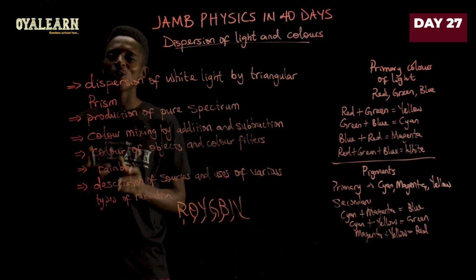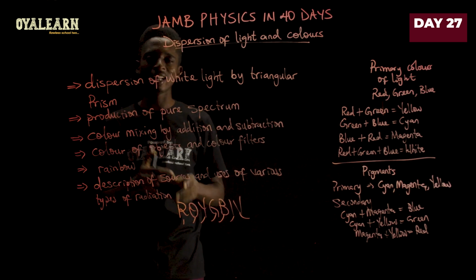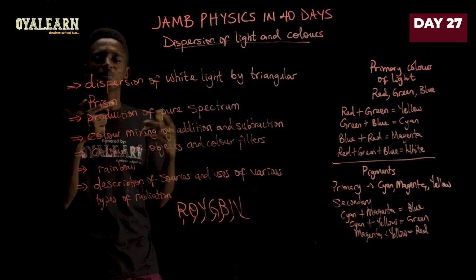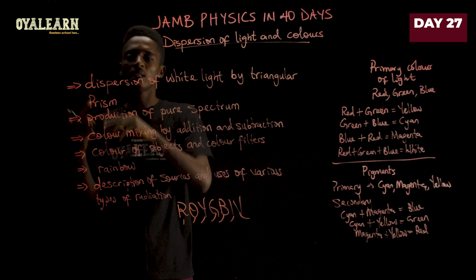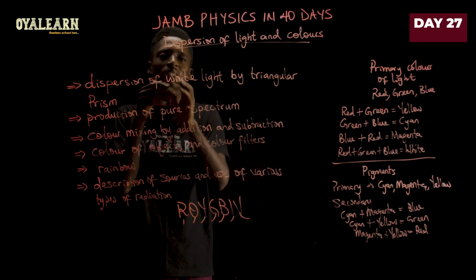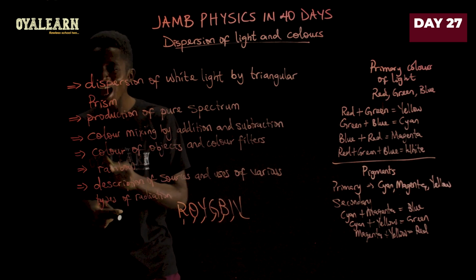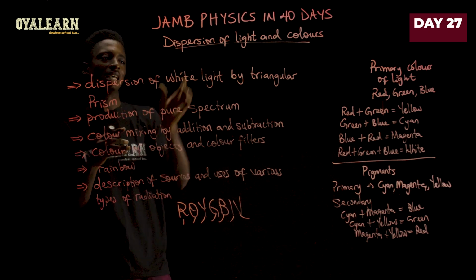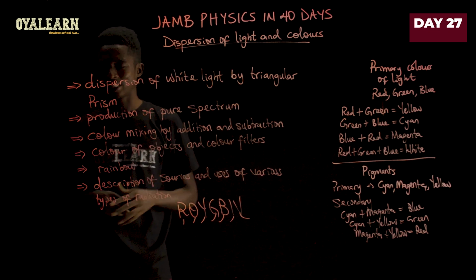But it is as a result of refraction, or what we call the dispersion of white light when it passes through prisms. And this is the same thing that happens sometimes during the rainy times when white light passes through the raindrops in the sky. It causes it to also spread out or disperse to give us the different colors of the rainbow. So anytime you see a rainbow now, you have a better understanding of what it is. It is a result of dispersion of white light.